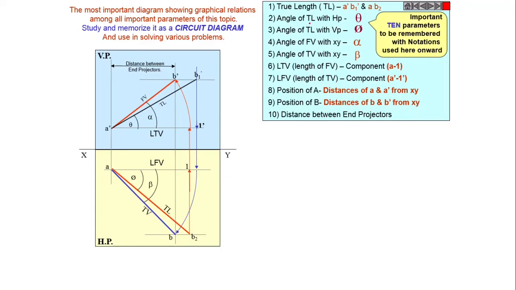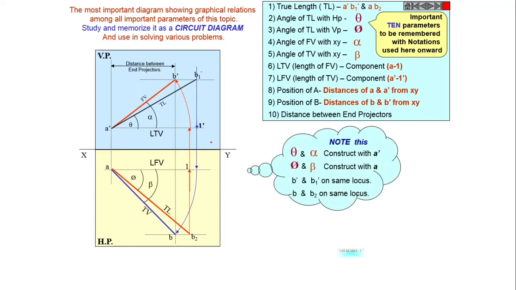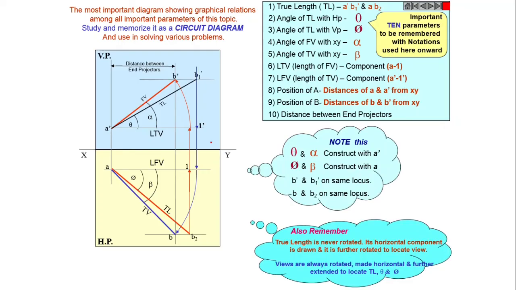True length, angle of true length with HP, angle of true length with VP, then apparent inclination with HP, apparent inclination with VP, etc. We must remember this circuit diagram thoroughly. Then these are the different nodes related to this circuit diagram. We have already discussed this circuit diagram in the previous video,